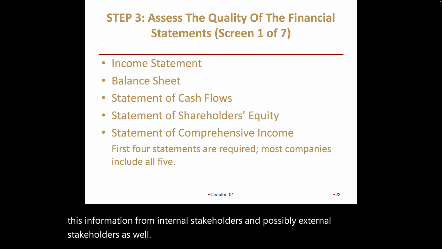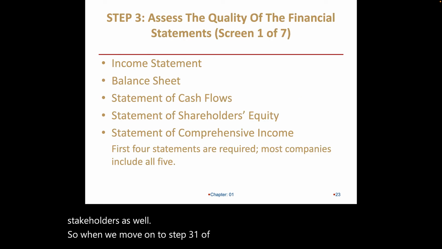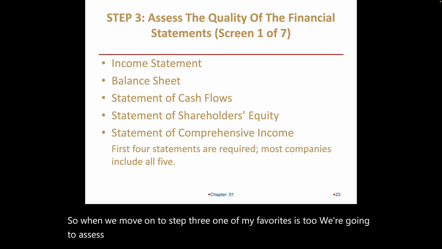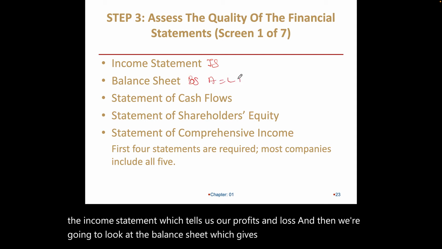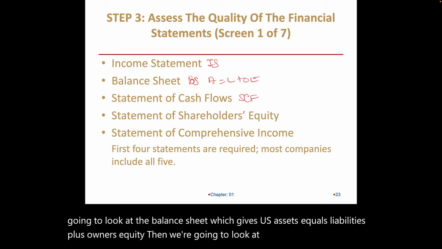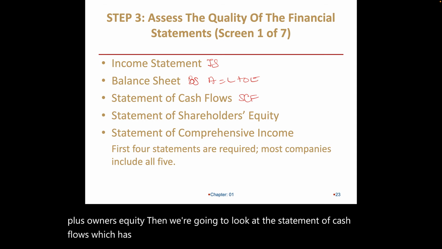So when we move on to step 3, one of my favorites, we're going to assess the quality of the financial statements. So we're going to look at the income statement, which tells us our profits and loss. And then we're going to look at the balance sheet, which gives us assets equals liabilities plus owner's equity. Then we're going to look at the statement of cash flows, which has 3 central activities: operating, investing, and financing